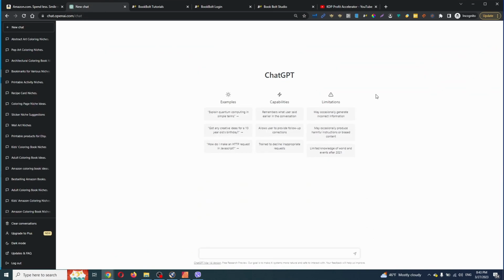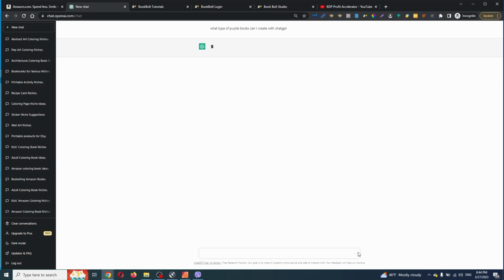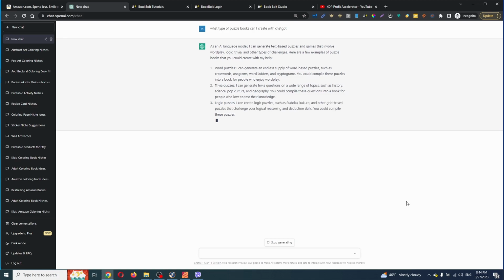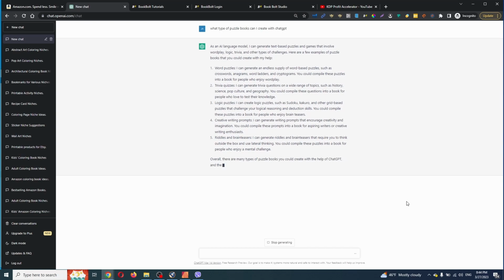So let's go straight to ChatGPT. I'm using the free version, but I think this is enough. And I will type: what type of puzzle books can I create with ChatGPT? Press enter, and you can see how fast ChatGPT will give me the suggestions. So word puzzles, I can generate an endless supply of word-based puzzles such as crosswords, anagrams, word ladders, cryptograms, trivia quizzes such as history, science, pop culture, geography, logic puzzles like Sudoku, Kakuro,